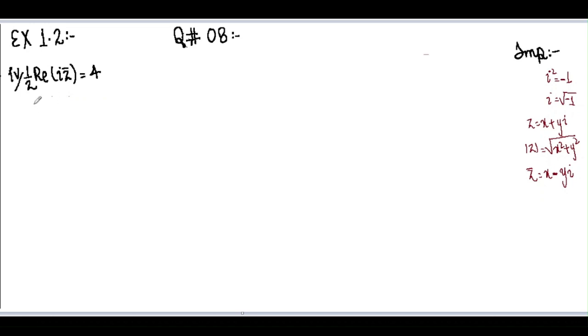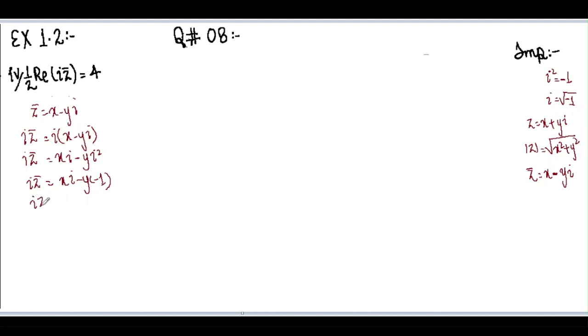So in this question we are asked to find the real part of iota z bar. So z bar is x minus y iota, and we have to find iota z bar. So we are going to multiply iota with z bar, x minus y iota. So iota z bar equals x iota minus y iota square, and we are quite familiar with the value of iota square. It is minus 1. So we are going to put it over here in our solution, minus y into minus 1, and iota z bar equals x iota plus y, and iota z bar equals y plus x iota.